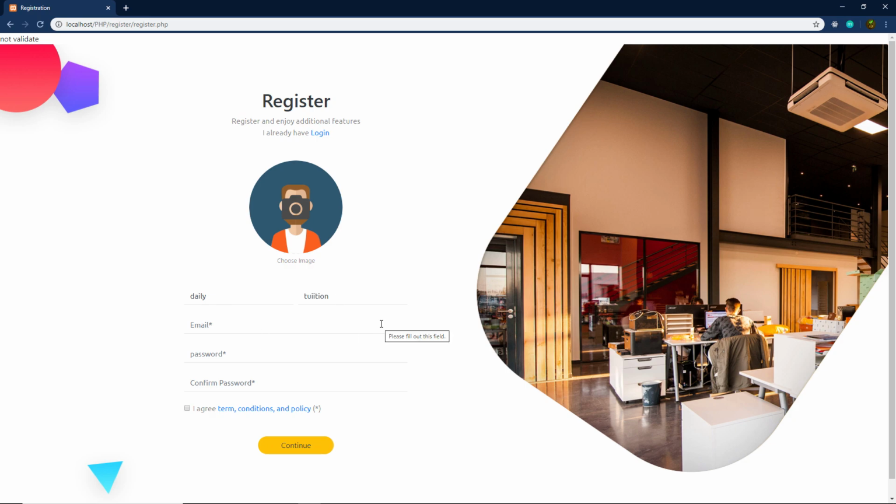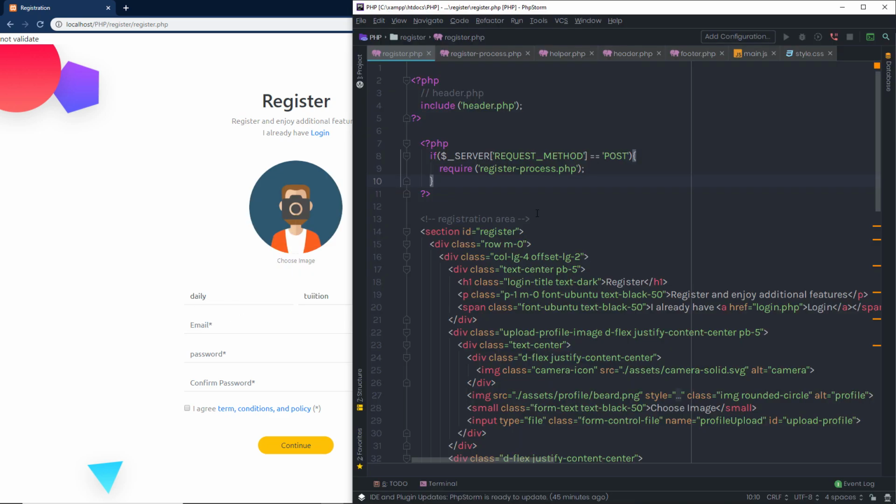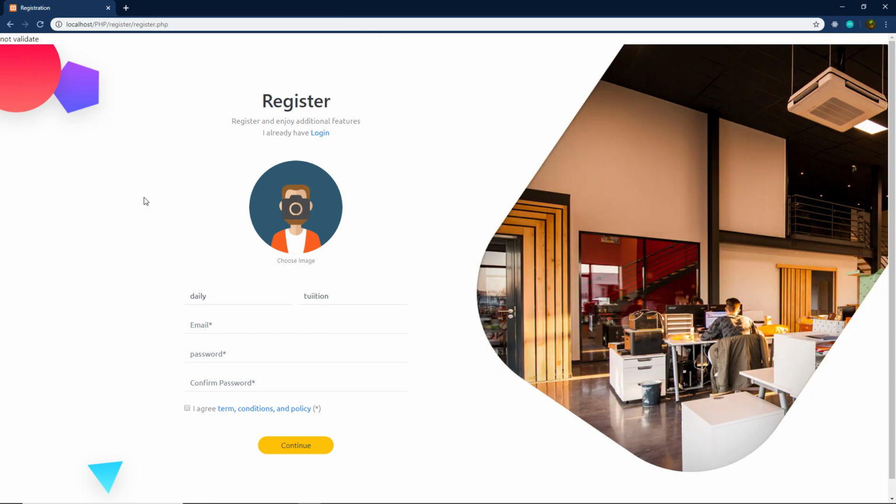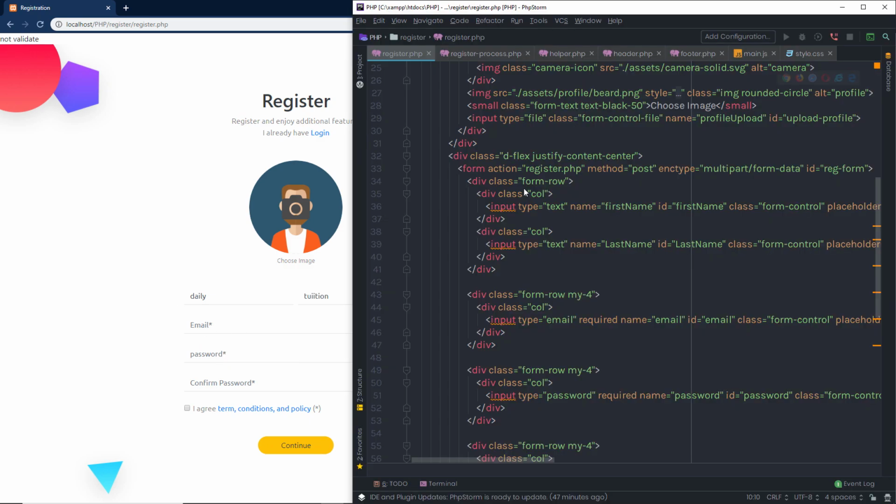So what I'm going to do is I'm going to just back to my register.php file, and I'm going to just specify values to these input text boxes. So what basically I'm doing is I want to refill this form if there is any error in this form. So you can notice I have this error not validate, and I need to fill all these values again. So I'm going to just back to my register.php file, and to this input text box for this first name,